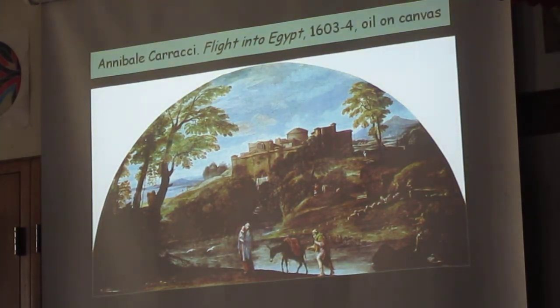Mary and Joseph are going to Egypt. Right, Mary and Joseph are going to Egypt, and who is Mary carrying? Baby Jesus. All right, and it's set amongst that big backdrop of a landscape, and that's really where landscapes start to make a turn. There's always going to be some kind of human element in the foreground, but that human element is very subdued by the massive scale and scope of that landscape. But here's the thing,